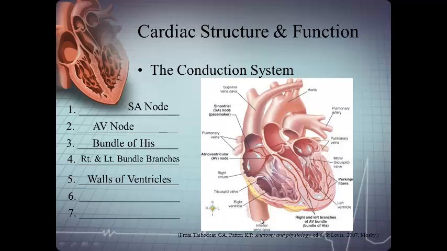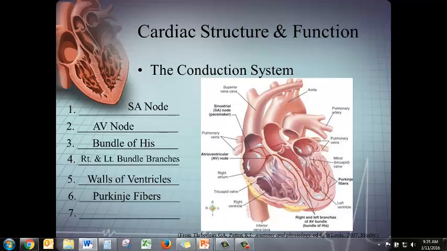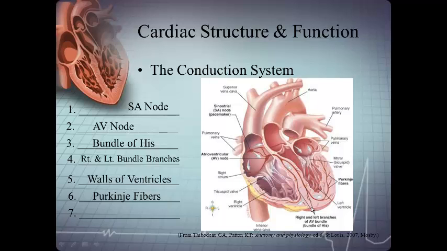Once it gets to these walls, it branches one last time into the Purkinje fibers. Once the impulse reaches the Purkinje fibers, the heart will contract. It was always helpful to me to understand the location of the impulse when studying this process. Knowing the difference between the atria and ventricles first, then knowing the difference between the walls and the septum helped